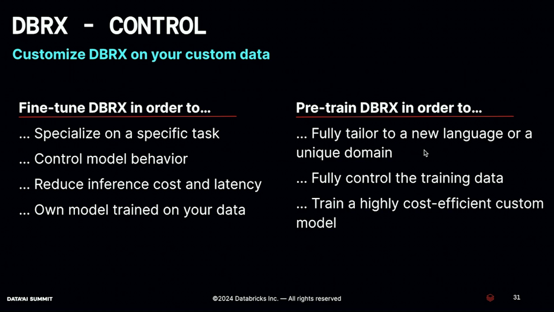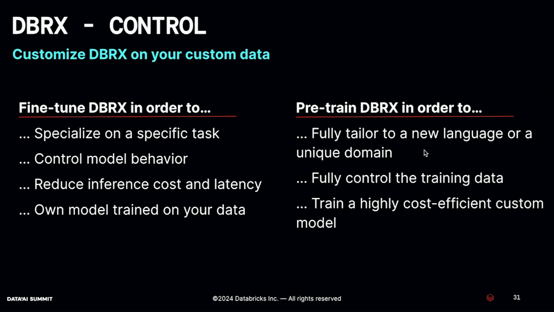a certain way. It also allows you to reduce inference cost and latency because when you fine-tune a model, you can actually get really good performance for that use case with a smaller model. And the other thing is you can condense the size of the prompt, which again reduces cost and reduces latency. The other main way is pre-training DBRX, and you do that if you want to tailor the model to